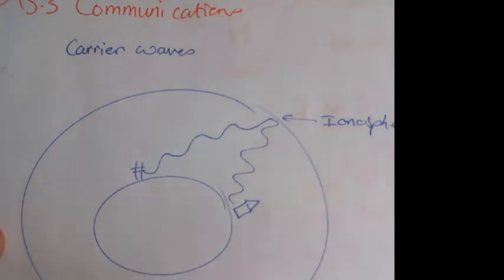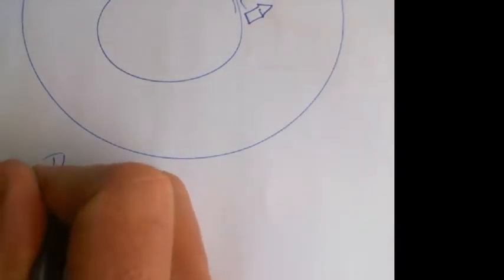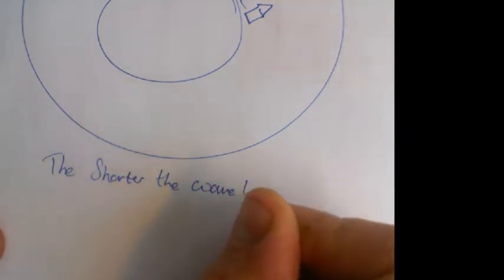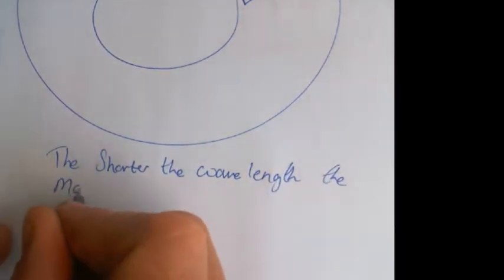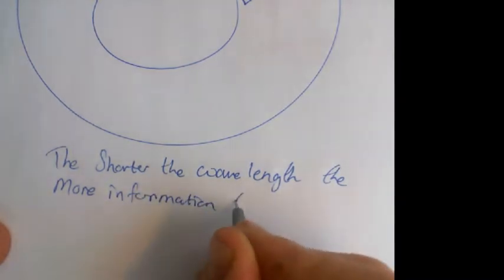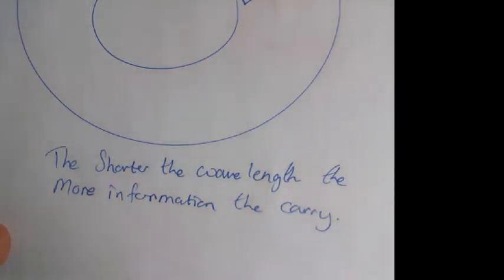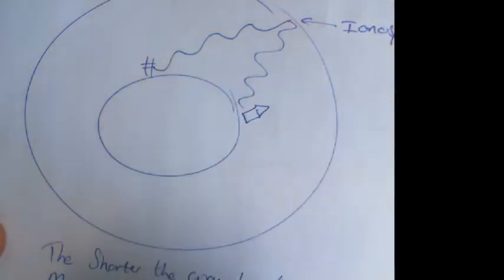Things that you need to know about radio waves, and about all waves in general, to be honest, is the shorter the wavelength, the more information they carry. And that's true for all waves, but for radio waves, the shorter the wavelength, the more the atmosphere gets in the way. So the shorter the distance they can travel is. Okay, so